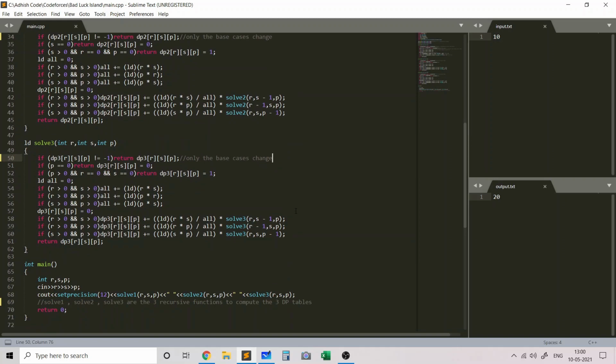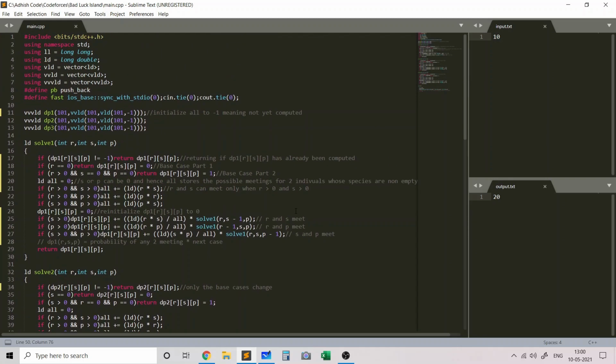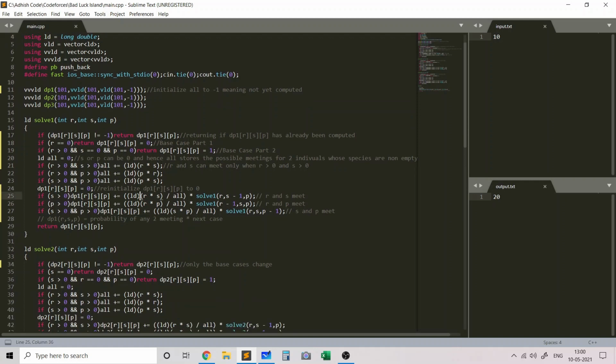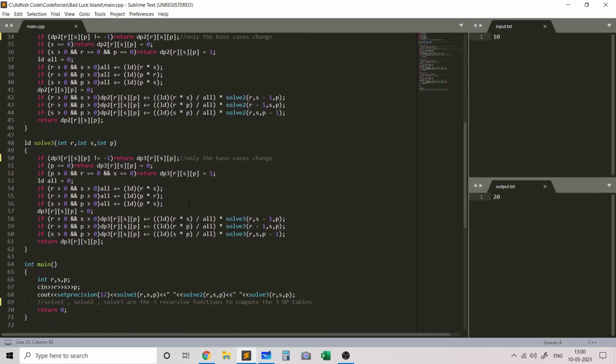And a few additional tips which I want to mention when we are using probabilities is that we should use long double instead of double or float, because it's more precise. We also need to typecast all our values to long double whenever we are computing them, because integers won't be automatically typecast to long double. You have to typecast them over here. And then in the end, we also need to set a precision.